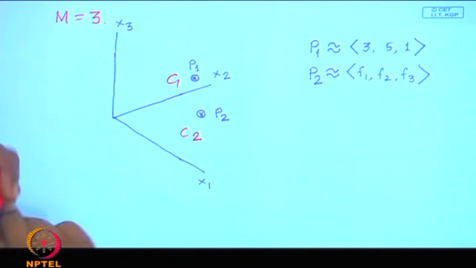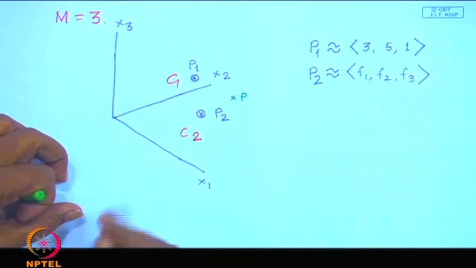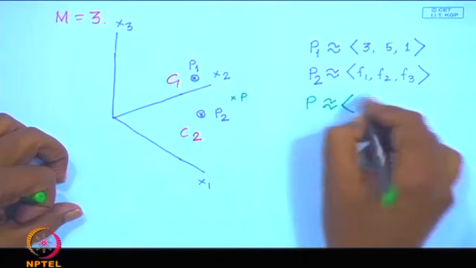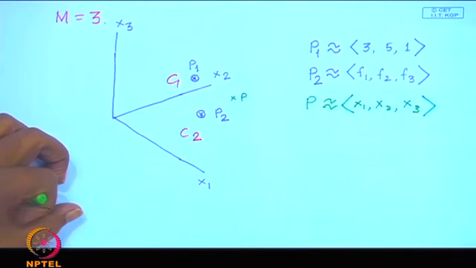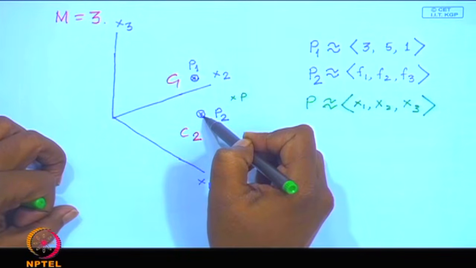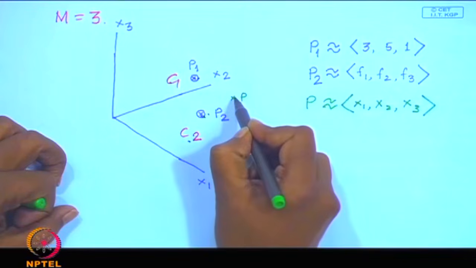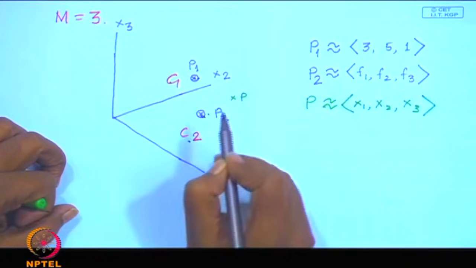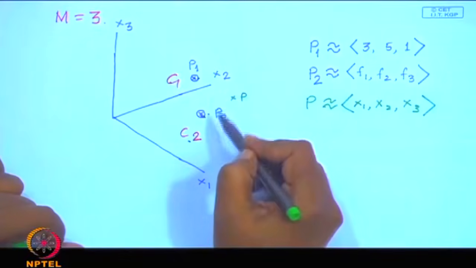And now, my job will be that given an unknown pattern, say P, where this P is also represented by a similar feature vector, something like this, say x 1, x 2, x 3. So, my job is that I have this a priori knowledge of P 1 and I have this a priori knowledge of P 2. I know P 1 belongs to C 1, P 2 belongs to C 2. So, my job is that given now an unknown pattern P, I have to recognize this pattern or I have to classify this pattern. So, one simple classification rule can be that because I have these two known patterns P 1 and P 2,